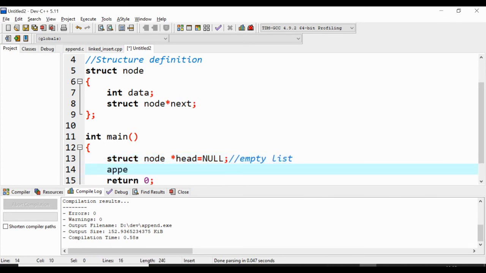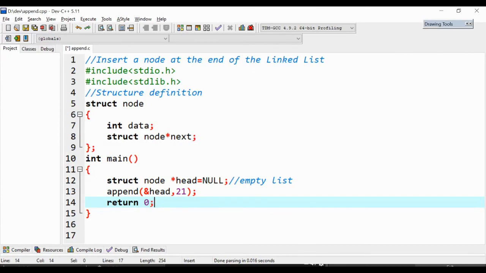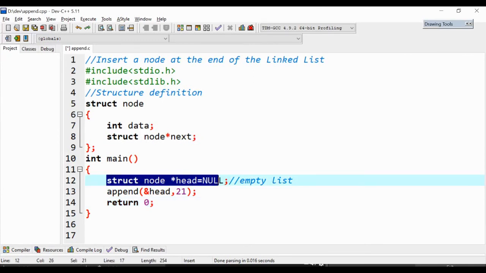We'll write the function called append. I'll be passing the reference of head along with the data to be inserted. Let us assume the data as 21. After the declaration statement, 2 bytes of memory will be allocated for a pointer variable called head.